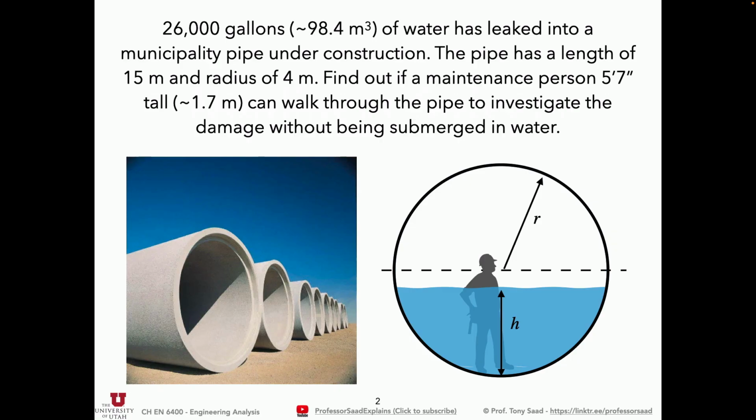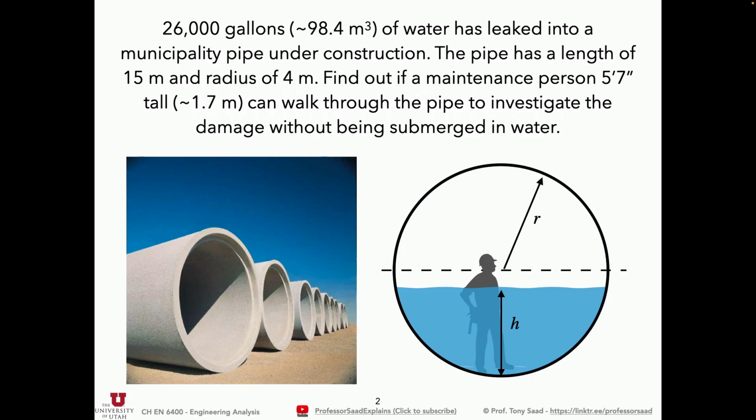Just to motivate you. It's a little silly problem, but still it motivates you a little bit for studying nonlinear systems. 26,000 gallons, so that's almost 100 cubic meters of water. What's a meter? I'm 5'7", about 1.68 meters, so about a meter. So 100 cubes of 1 cubic meter of water has leaked into a municipality